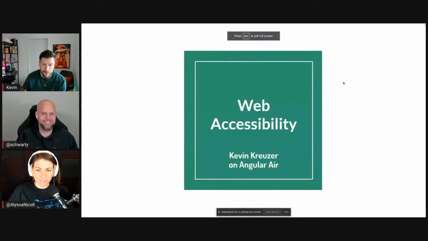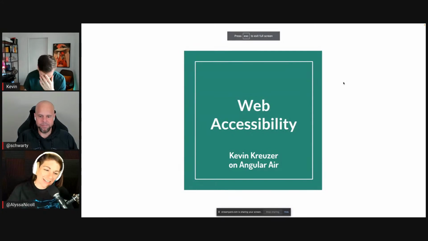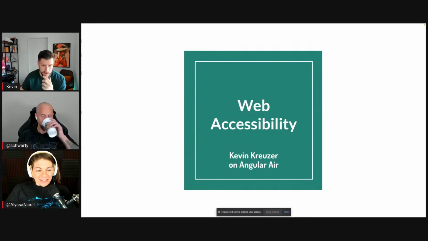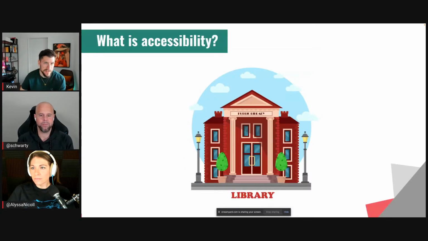I didn't want to put too many slides there, but I think it's still valuable to go over some base terms. What is accessibility? We already kind of covered it, but I've once seen this somewhere in a talk, so it's not my initial idea, but I reuse it because I think this is the perfect metaphor for accessibility.